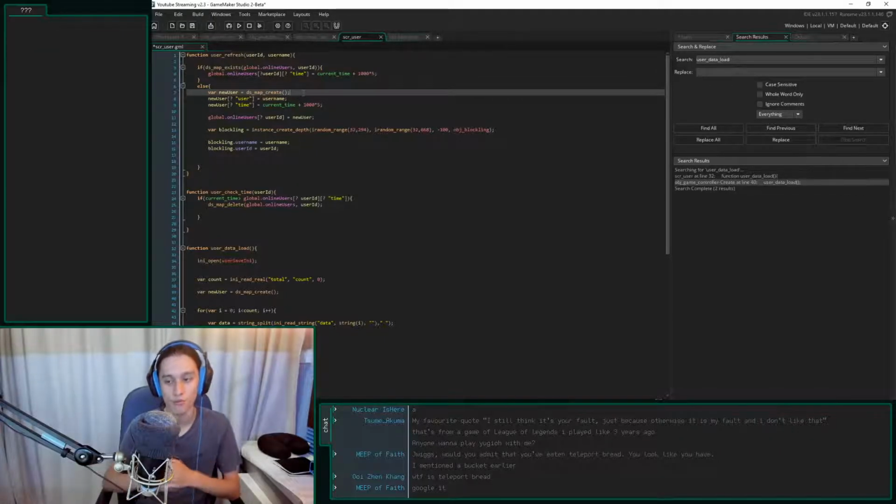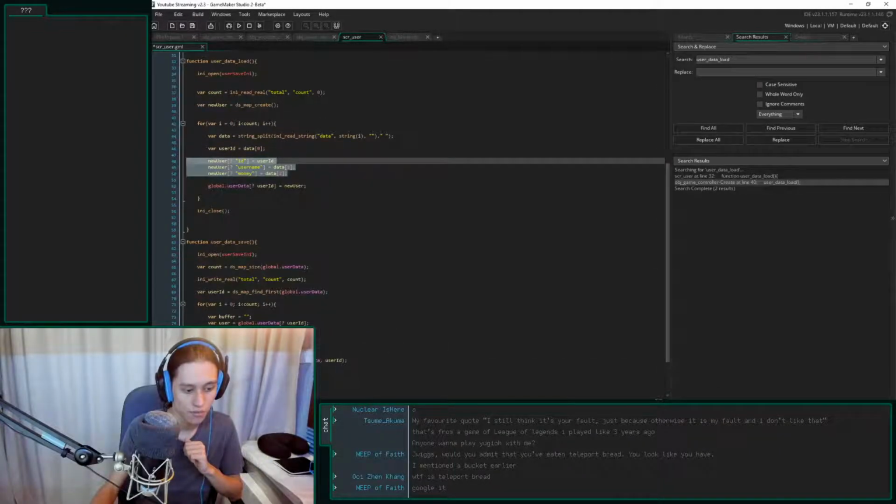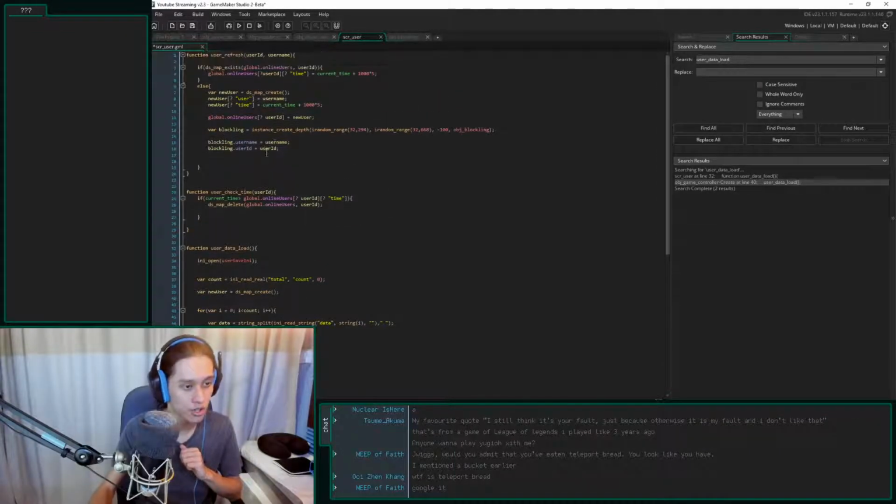So what happens is when I refresh it, meaning when you send a message, I need to make sure if you do already exist in my database, I need to alter that. If you don't exist in the database, then I'm going to need to create a new user for my database, which is going to look something like that. So every time I want to add something, yeah, that should be okay.